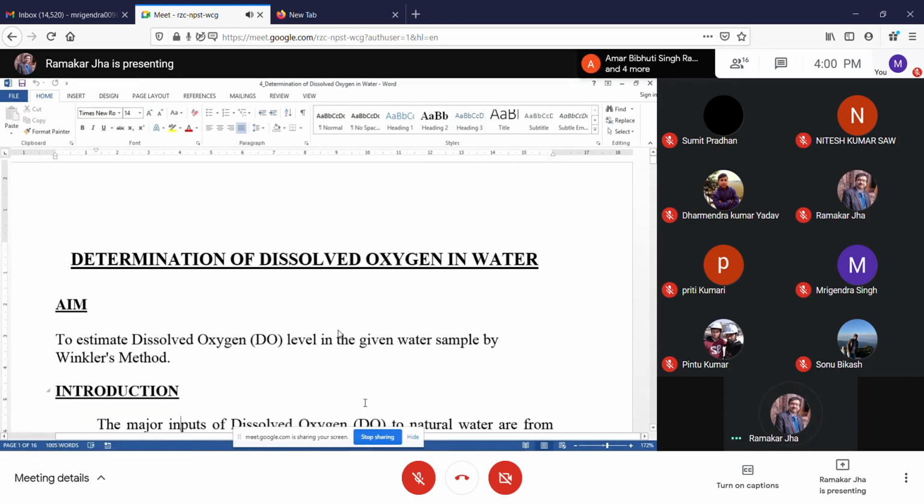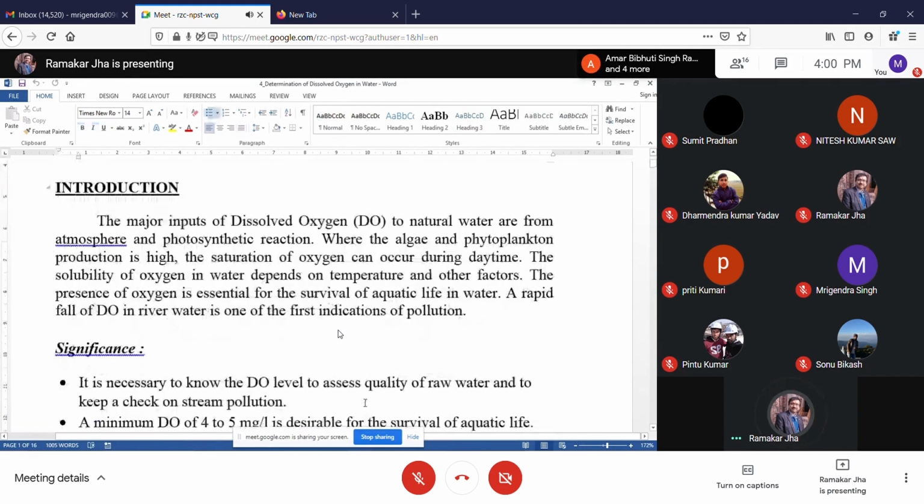Now let us go. Introduction is the theory. The major inputs of dissolved oxygen to natural water are from the atmosphere and the photosynthesis reaction. I gave you the example of Jalkumbhi. What happens? It does two things. Another one is photosynthesis. When these plants get sunlight during daytime, they release oxygen. So that process is known as